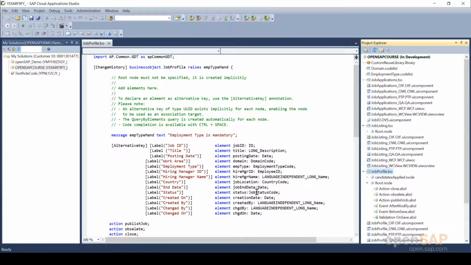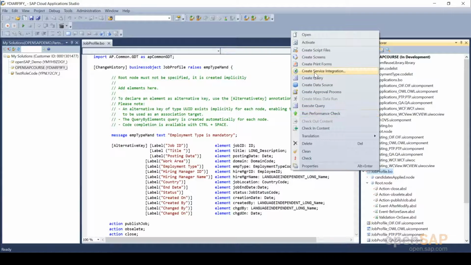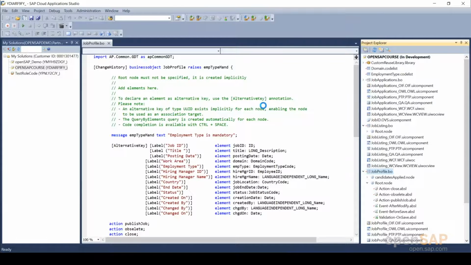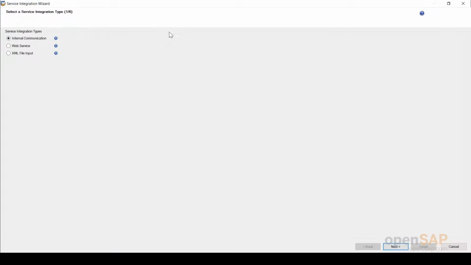Okay, so here we are in the SAP Cloud Application Studio. Let us go ahead and create the XML file input for the job profile custom business object. So, for that I right click on the business object and select the option create service integration. Here, we have seen already the internal communication and the web service in the previous units. So, I will go ahead with the XML file input for now, click on next,